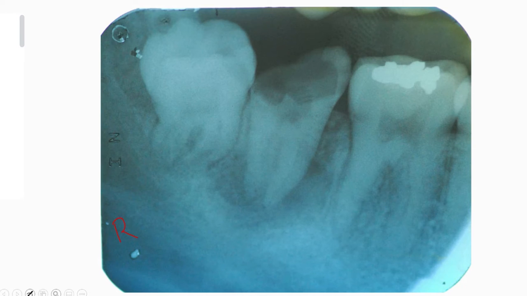What are the normal radiographic landmarks you can see? Doctor, just now you said panoramic, is it panoramic or IOPA? This is IOPA. Okay, you clear? I mentioned panoramic just now, a slip of the tongue. How can I say this is panoramic? If I said panoramic, it is a slip of the tongue. This is an IOPA. Okay, clear? Right. I just wanted to confirm, doctor.